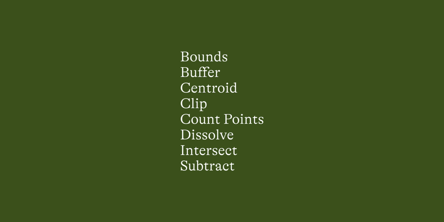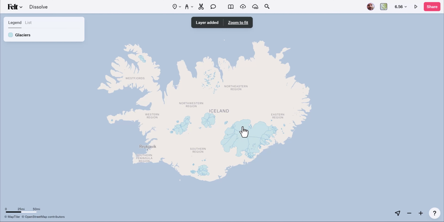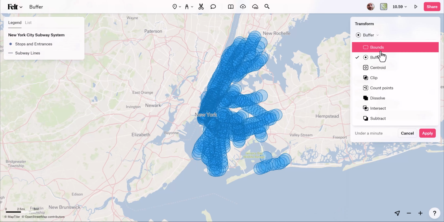Just last week, we introduced a groundbreaking set of spatial analysis tools that make data processing significantly more accessible. In today's video, I'm going to give you a deeper dive into 8 specific transformation tools that are now available